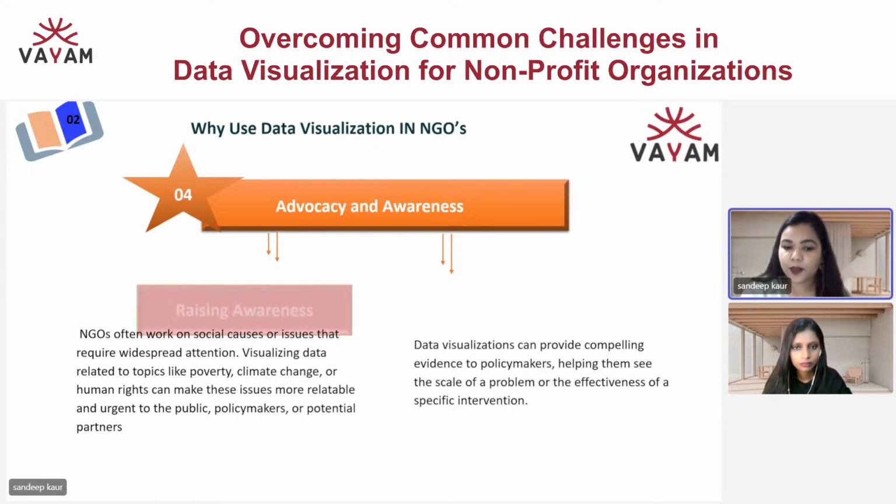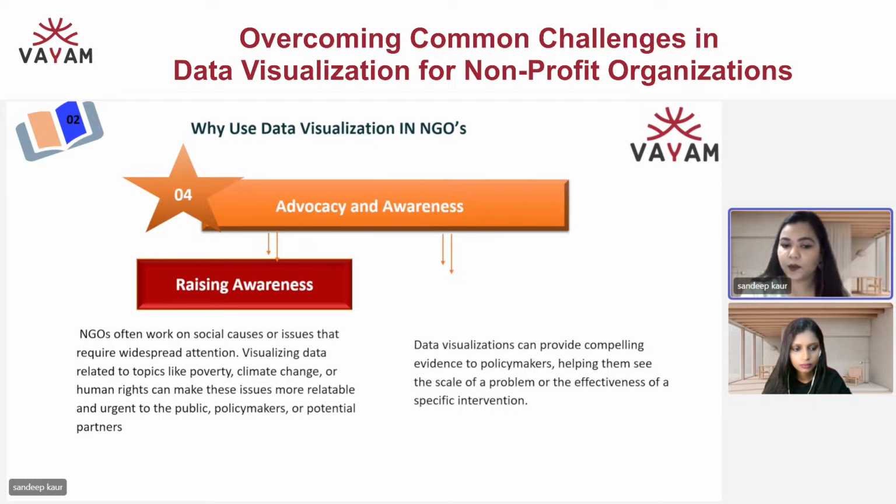So, advocacy and awareness, like we said, raising awareness is one of the key performance parameters for any NGO. And like I've already given an example of visual storytelling, I want to add one more example. Let's take deforestation rates over time.